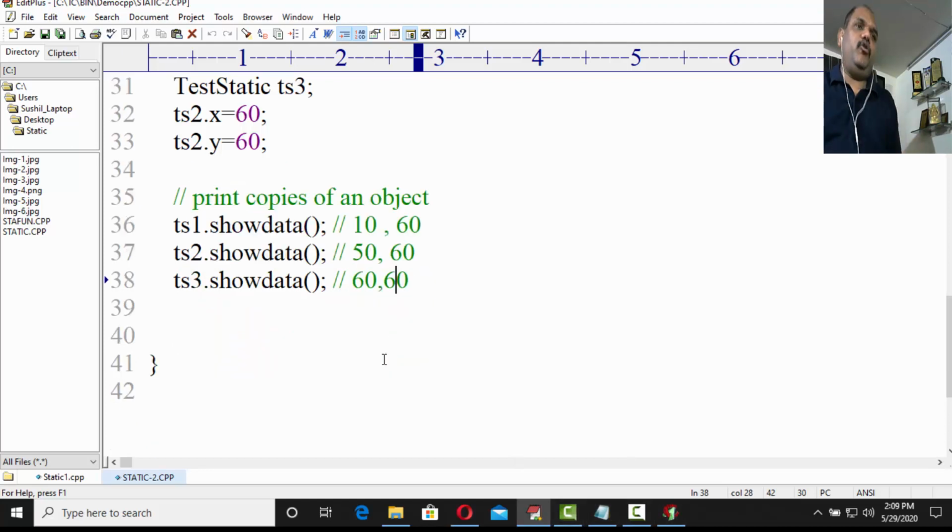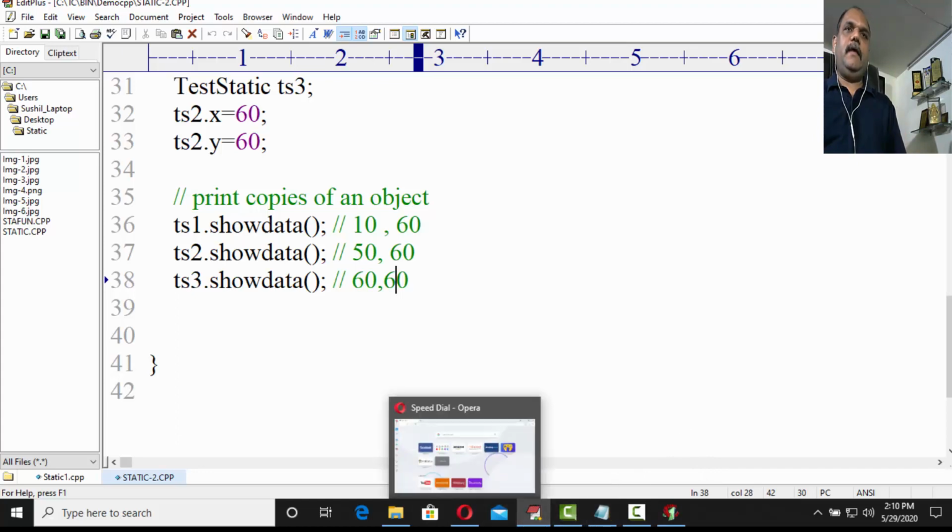We need to understand one point, that static means it holds its updated value, and it proves that particular point that static will hold the updated values in the next new occurrences. And non-static means it will have its individual copy. So the output of this particular code has to be 10, 60, 50, 60 and 60, 60. The computer is giving a bit of a wrong answer over there. We'll check out exactly why it is showing that, right? Okay, now